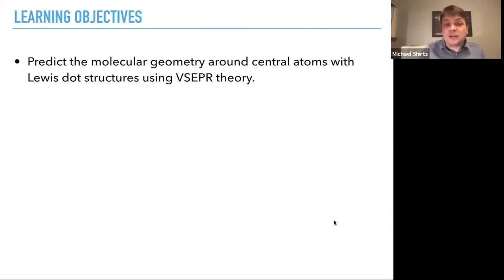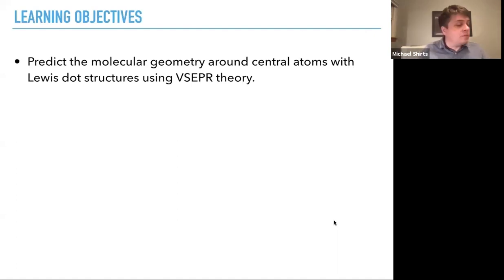All right, in this next segment, we're going to be going beyond what Lewis structures can tell us. This relatively simple Lewis structure theory of bonding, to see what happens in the three-dimensional shapes and how these ideas can help us understand three-dimensional shapes of molecules in many cases. So the learning objectives for this segment are to predict the molecular geometry around central atoms with Lewis dot structures using